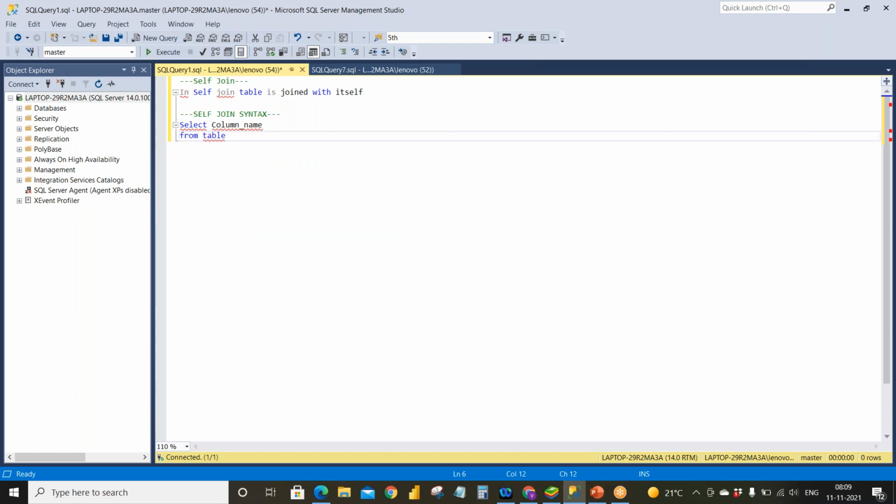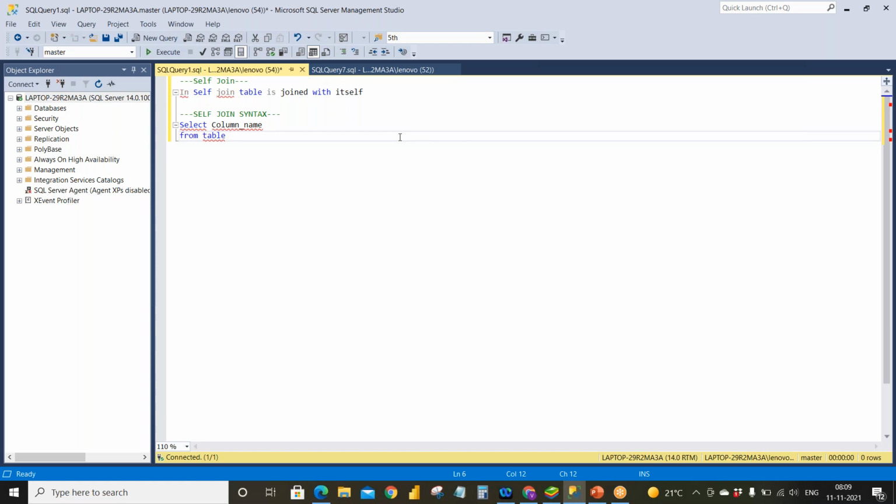So we have to give alias names in self join so that SQL will understand, because we are joining the same table with itself. We need to give two different aliases so that it understands we are using the same table with two different aliases, so we need to consider this as two different tables.